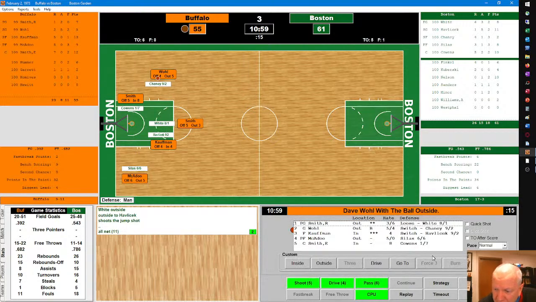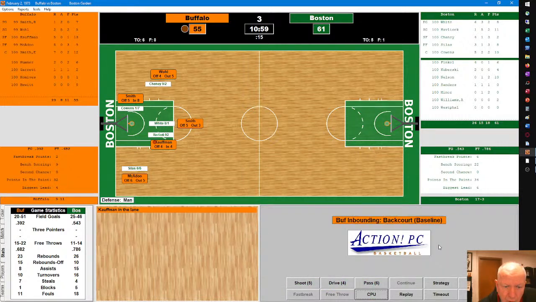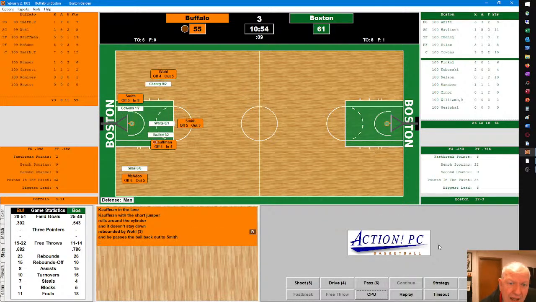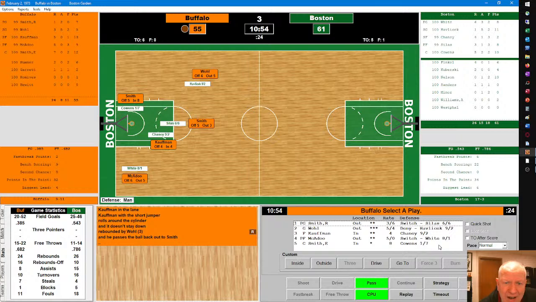Buffalo on the offense. Wool on the outside, picked up by Chaney. Wool looks into the paint. He finds Kaufman. The short jump shot by Kaufman is off the rim, no good. Wool takes the rebound out of the scrum and sends it back to Randy Smith to reset the offense. Buffalo still trails by 6.